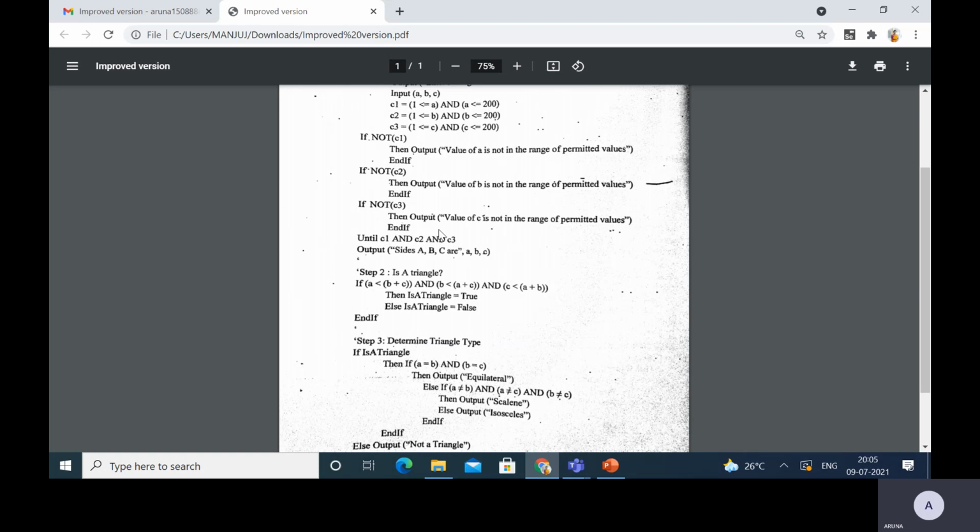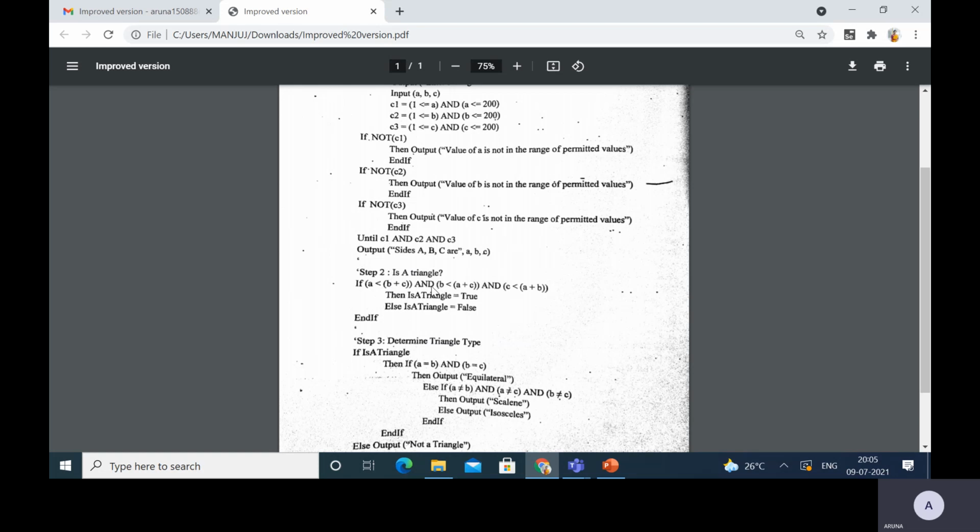Suppose if I take 3, 4, 5 as input, since it's within the range, we will come out of this loop and print ABC values, and then we are going to check 3, 4, 5. That is 3 is less than B plus C, 4 plus 5 is 9.